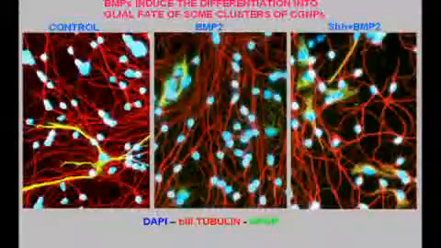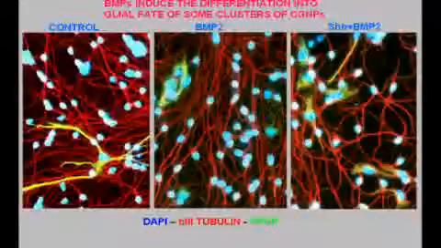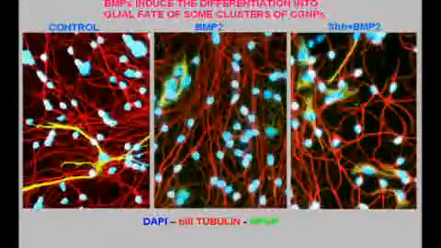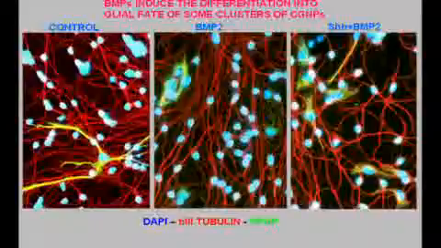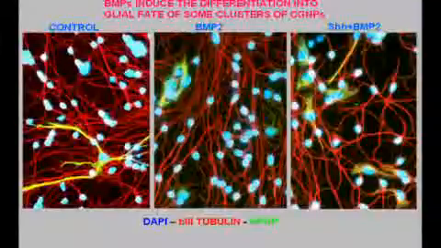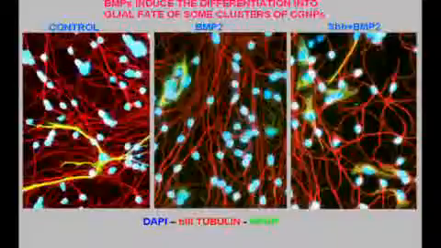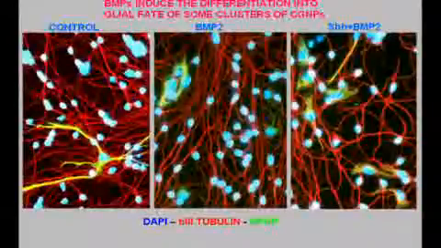We didn't see many cells proliferating, but we saw certain clusters of cells that were not typical astrocytes of the culture, but they were GFAP positive. I mean, glial fibrillary acidic protein. It's a glial marker. Now we know that these cells are also CD100